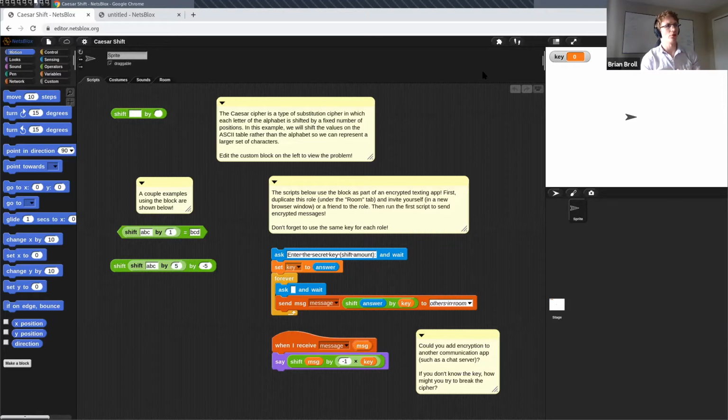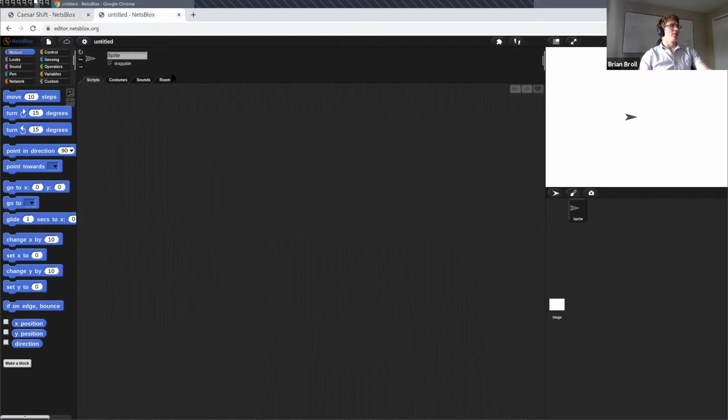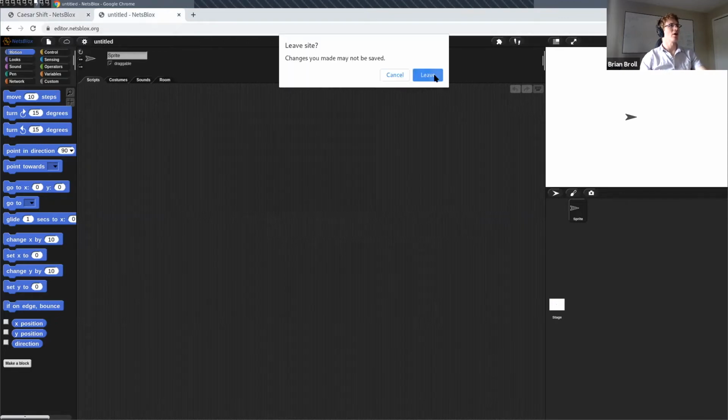So now we've seen how a user would interact with this autograder. We can see how they load the assignments, work on the problems, get the feedback, and since this is still just your standard NetsBlox environment, you could save them and do any of the other sorts of things that you would want to do with a project in NetsBlox or Snap. All right, so now the next question is, now that we know how to use them, how can we